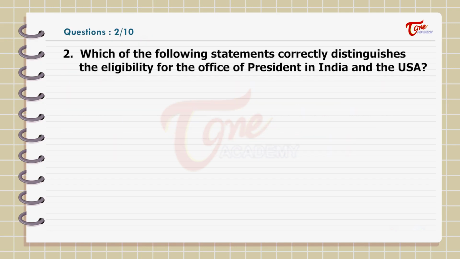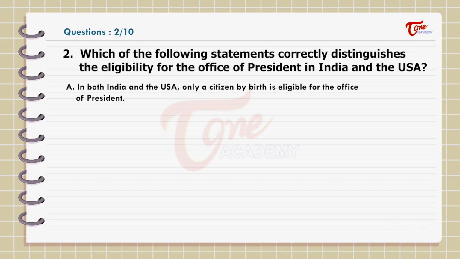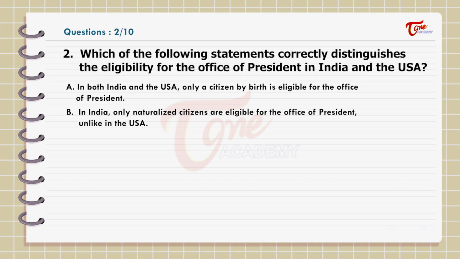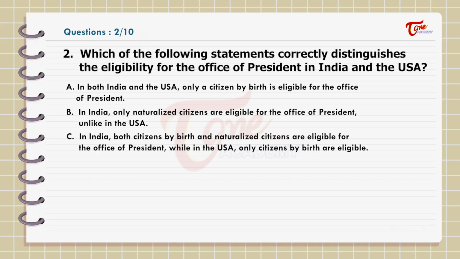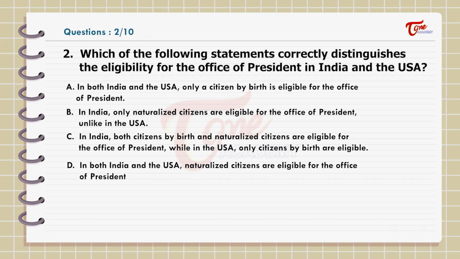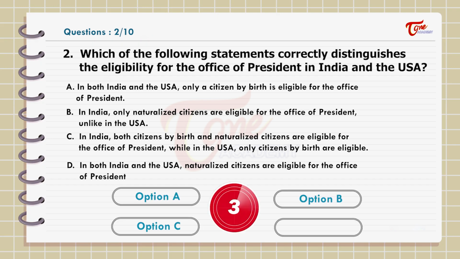Which of the following statements correctly distinguishes the eligibility for the office of President in India and the USA? Options: A. In both India and the USA, only a citizen by birth is eligible for the office of President. B. In India, only naturalized citizens are eligible for the office of President, unlike in the USA. C. In India, both citizens by birth and naturalized citizens are eligible for the office of President, while in the USA, only citizens by birth are eligible. D. In both India and the USA, naturalized citizens are eligible for the office of President. Answer: